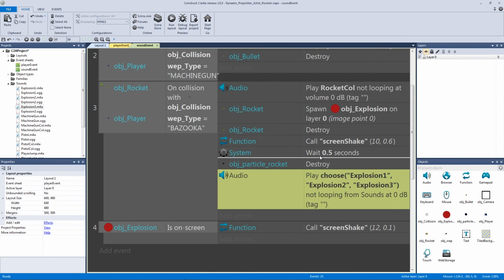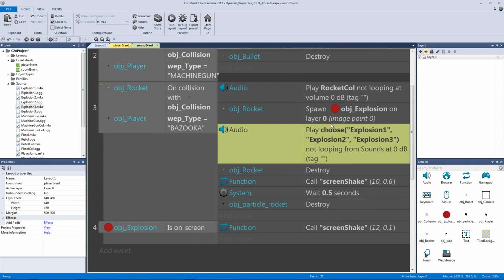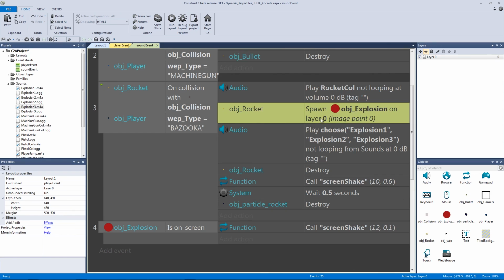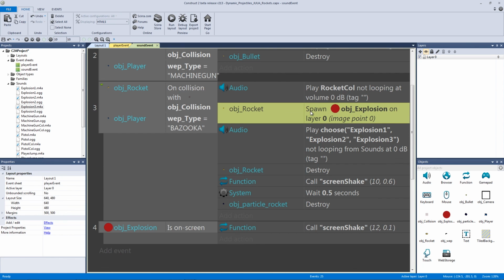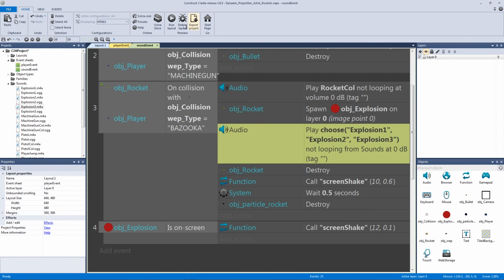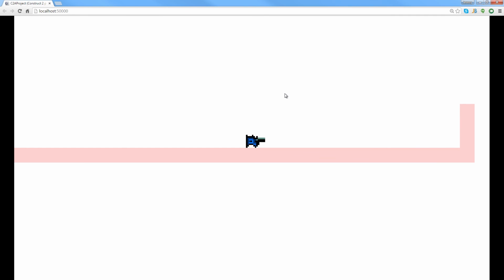And now I'm going to drag it up here to where I want it to play, and I want it to play right after the rocket spawns the explosion. So now it's going to pick which sound to play. It's going to be explosion 1, explosion 2, explosion 3. So every single time our explosion spawns, it's going to be one of those 3. So that gives us just a little bit more of a game feel. So when I get our bazooka out and I hit X,